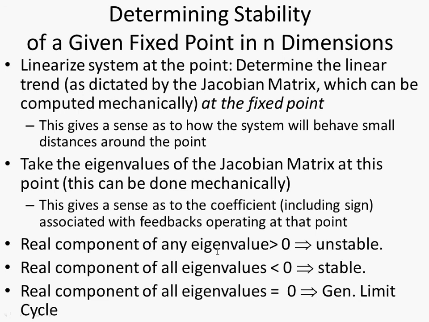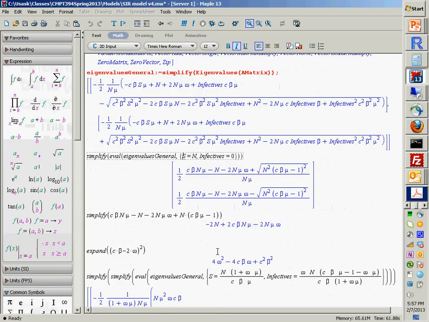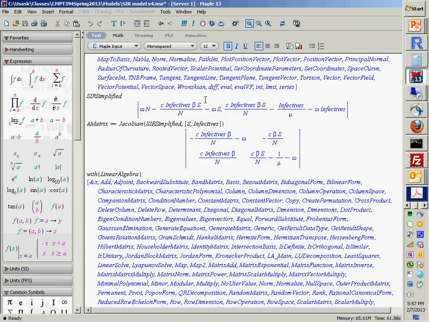So for some values of parameters, this will be a stable one. Other values of parameters will be unstable. In some cases, this fixed point will be located way up here at very high values of I. In other cases, it will be located at very low values. So in other words, ladies and gentlemen, by going through this process with sufficiently simple systems, we can identify in concrete terms what the fixed points are in terms of the parameters,